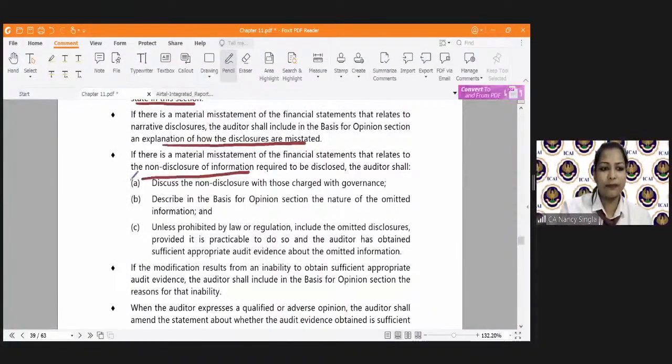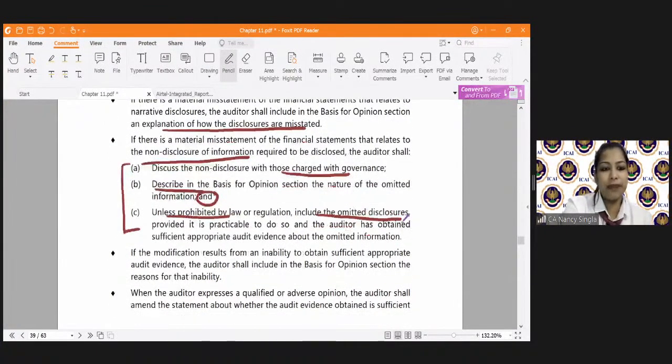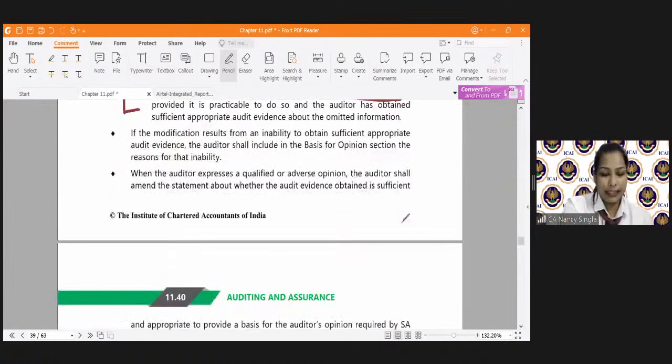And these 3 points. See, if any non-disclosure is made, he will first discuss with those charged with governance, he will describe it, and unless prohibited by law, include the omitted disclosures. Okay? Then next is,